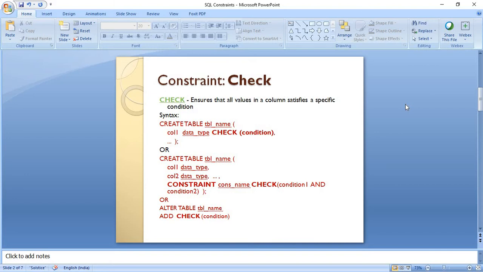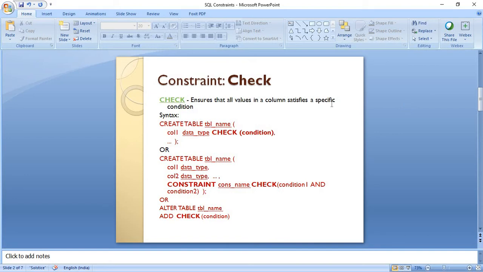And in this video tutorial we are going to see another constraint, that is check. This is something like it should apply some conditions for the field. For example, if we have an election system that verifies a candidate who is going to vote must have age greater than 18. So this kind of conditions we can verify with the help of this check constraint.